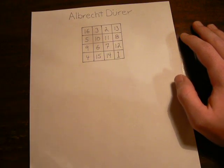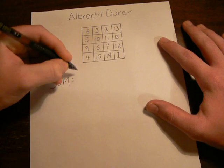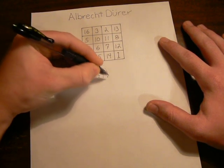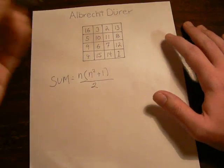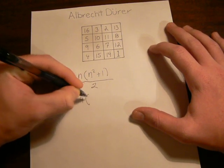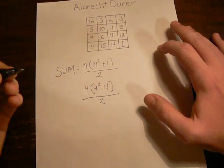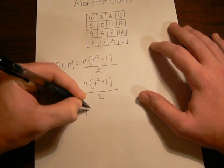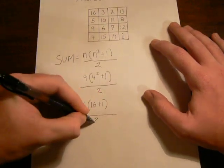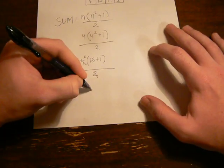And the way you get the sum, you do this. Sum equals n times n squared plus 1, over 2. And in this case, since it's an order 4, a 4 by 4 square, it would look like this: 4 times 4 squared plus 1, over 2. So 4 squared is 16, plus 1 is 17, times 4 is 68, divided by 2, and then you get your sum, which is